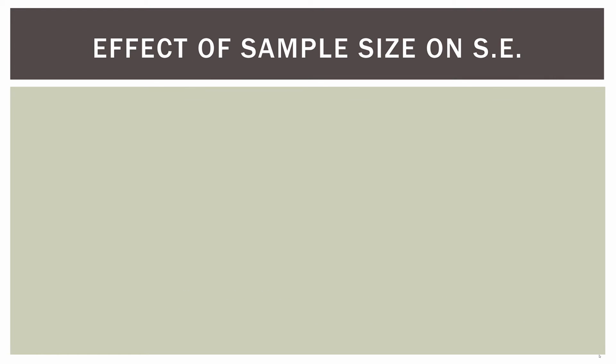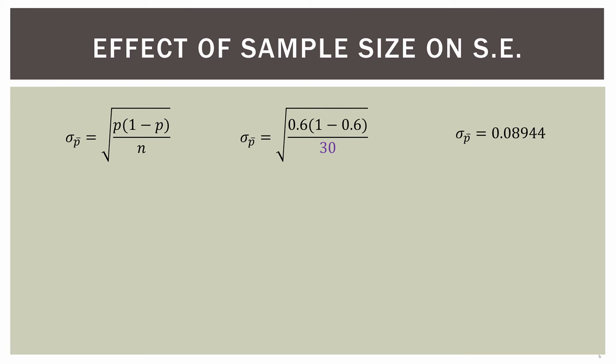So now let's talk about the effect of sample size on standard error. Remember, up to this point, every sample we've been doing was 30 students. Grad student went out, talked to 30 students, tabulated the results, and that's what we had for each sample. So here's what we've been working with. 30 students here in the denominator for the standard error. On the right, we have what we expect to get, which is